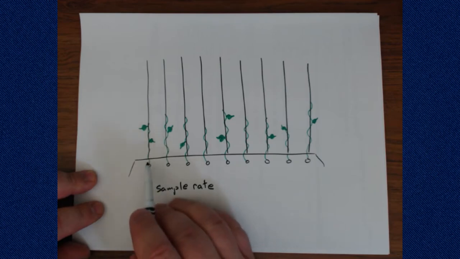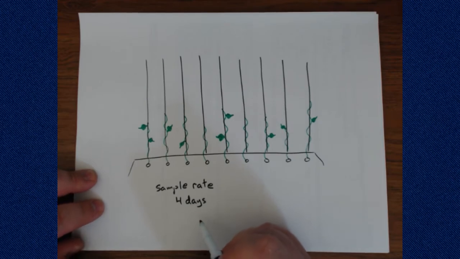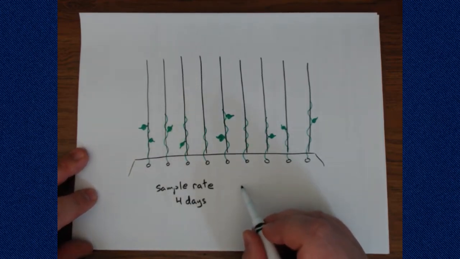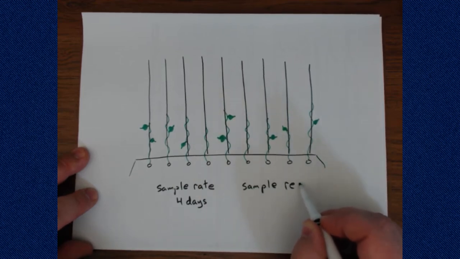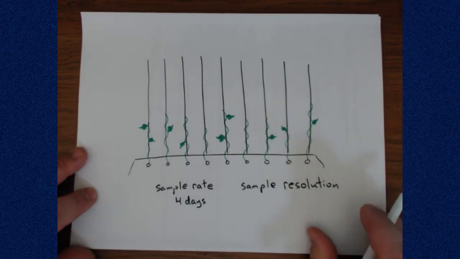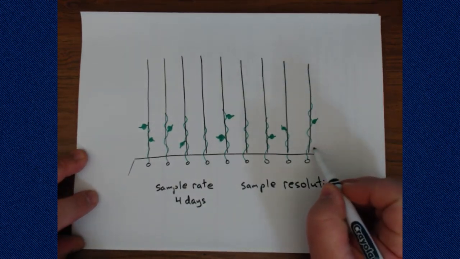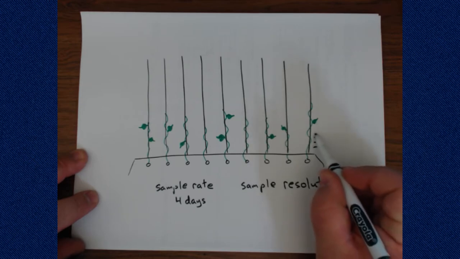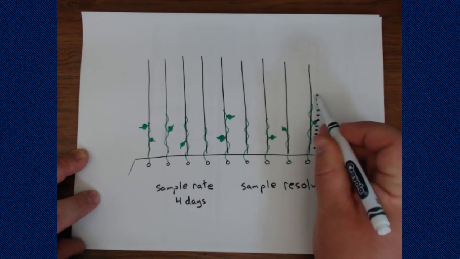Now, once the pea plants poke out of the ground, they actually start growing relatively quickly. And so I do this about every 4 days. That's my sample rate. We also have to concern ourselves with the sample resolution. The sample resolution is how far apart are the individual measurements that we'll take. So I might go out there with a yardstick or some other tool like that, and that means I can only take measurements as accurately as my yardstick or my ruler actually shows